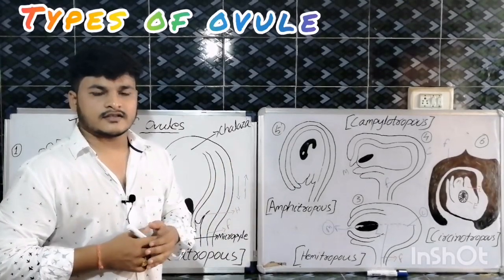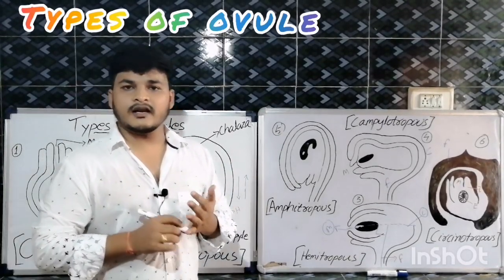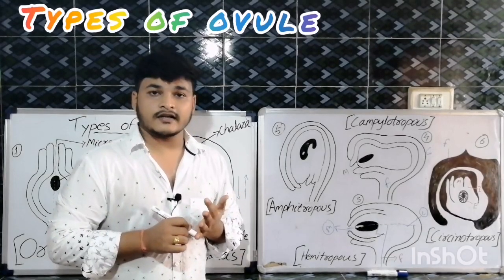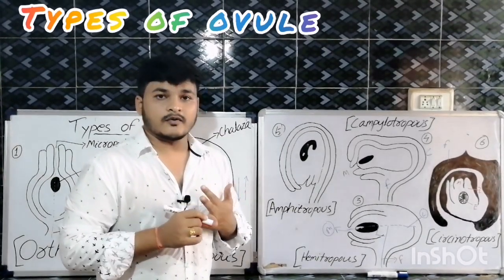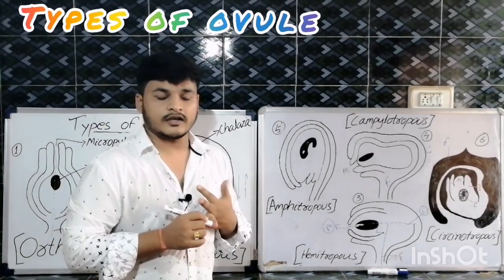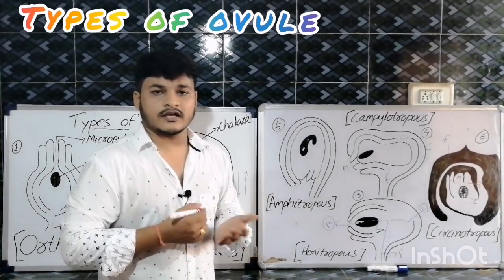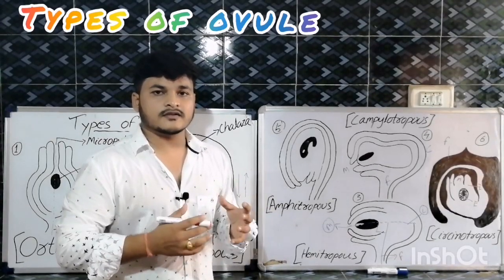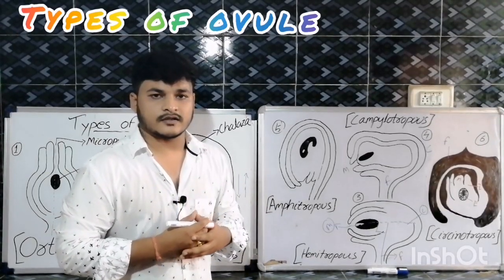In our previous classes, we already studied the male gametophyte and the female gametophyte, and the male gametophyte is ready to fertilize, and the embryo sac is also ready. That means the egg apparatus is also ready. In our next session, we are going to study pollination, that means the formation of pollen grains takes place.